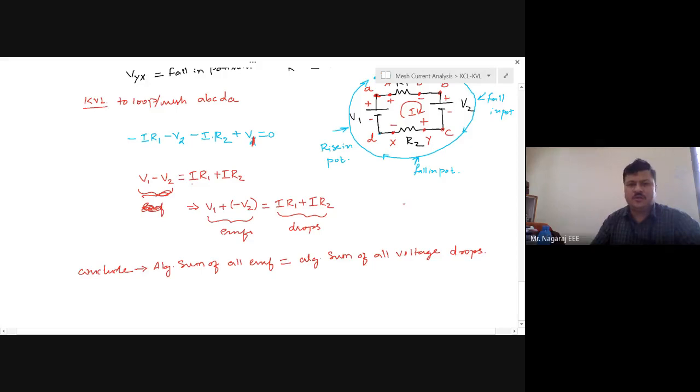Though you have studied this twice in your PU and even in the basic electrical science, I thought we will have a deeper understanding of the application of KVL. Then we will move ahead, because once we invest time in understanding the fundamental principle, then application will become very easy. The time taken to solve numericals will be very less once you get to know about this in a detailed manner. So this is all about KVL.